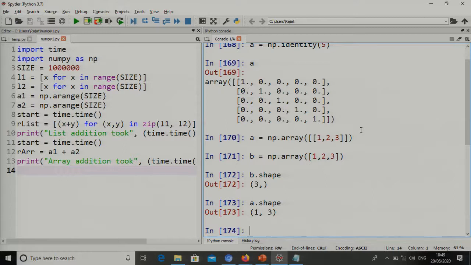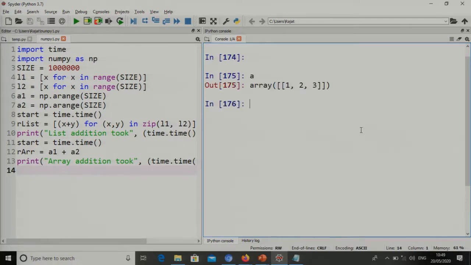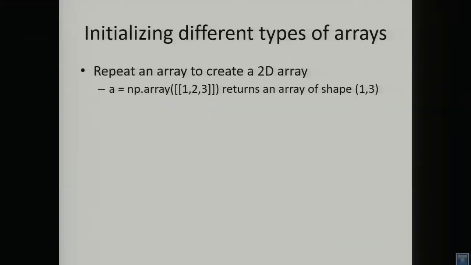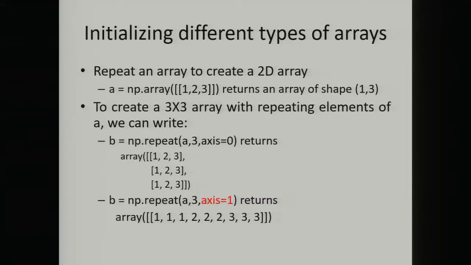Now, we have A, which is an array, and the shape of A is (1, 3). Now, we want to use this array to create another array, but the array should be repeated multiple times. So, to create a 3 by 3 array with repeating elements of A, we can use the function repeat. np.repeat A. Repeat A how many times? 3 times. With